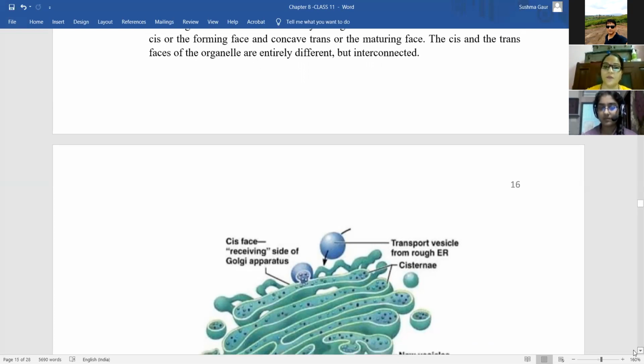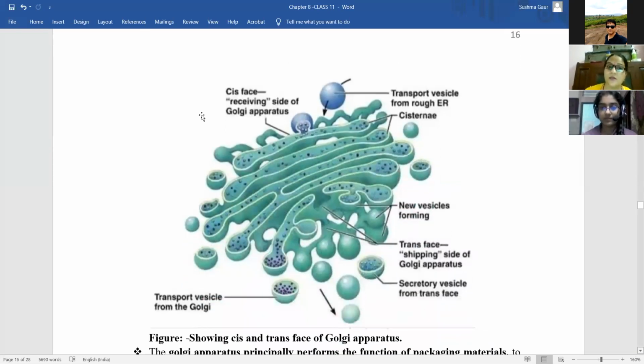Okay, so this is a diagram of Golgi. This region represents the cis face that is receiving the vesicles from endoplasmic reticulum to Golgi. These proteins enclosed in a vesicle coming from endoplasmic reticulum will enter into Golgi through this face. Okay, close the door. So these are the cisternae. And these are the newly forming cisternae that are responsible for transporting the protein from Golgi to other parts of the body, and it is known as trans face.